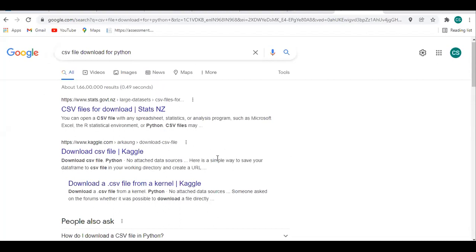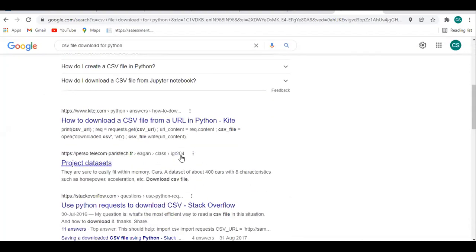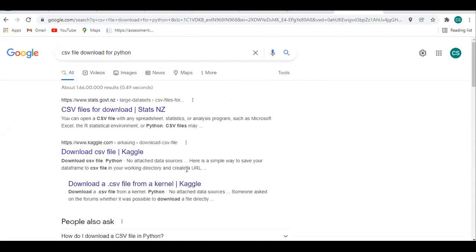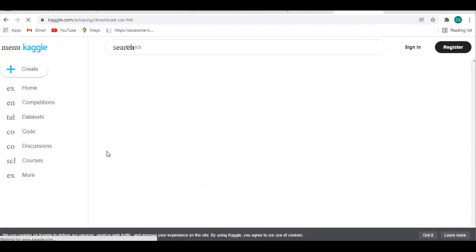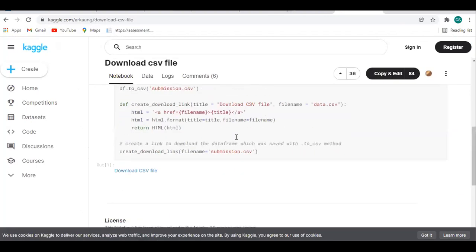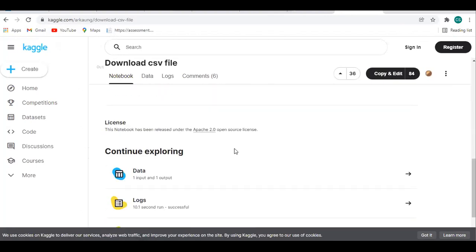There are lots of links that provide CSV files freely. Like suppose I go to this website, the Kaggle website. Here there is lots of data related to CSV file. This will be actual coding.